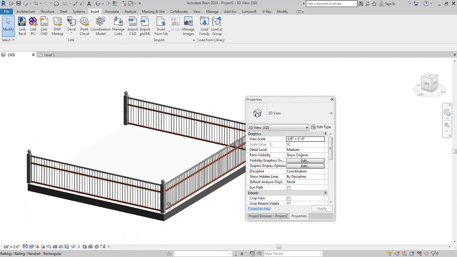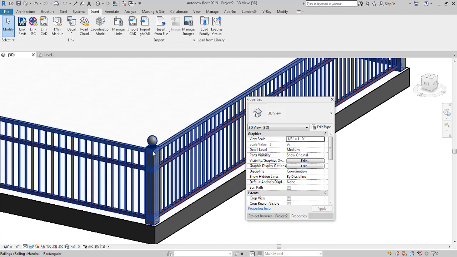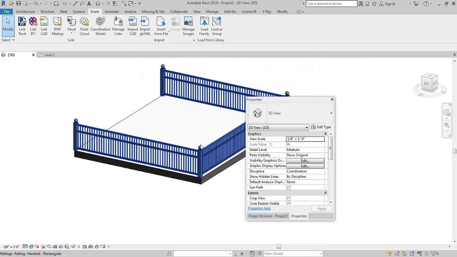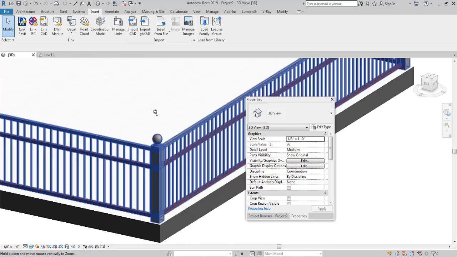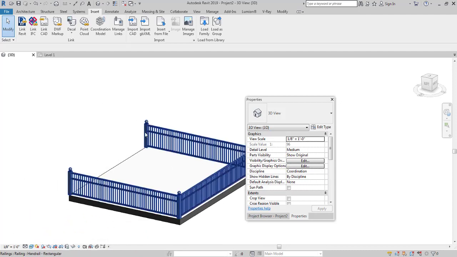Now another thing that I would like to go over is how I can add this corner post, like this square with ball. It's now placed on the start and the corner points, but what if I want to add it in the middle of the railings or at any certain distance of my choosing? That's pretty simple. As you guys know, this is the start and this is the end of the railing. This is one continuous railing. If we divide this railing into sections, we can get what we need. For example, let me show it to you.